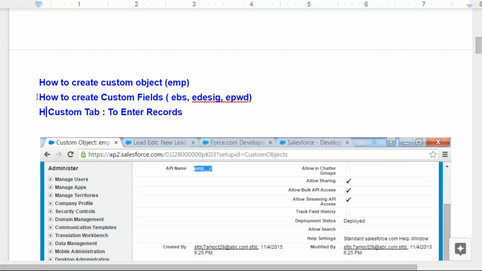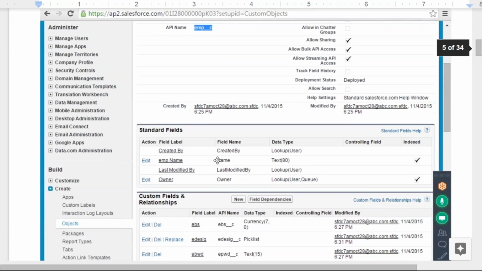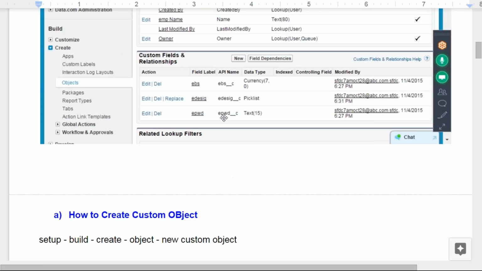How to create a custom tab. Okay, it's an EMP tab like that. So I want to create an EMP tab like that. To create a custom tab,